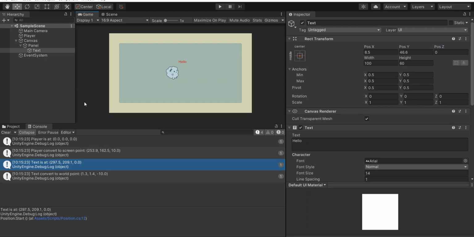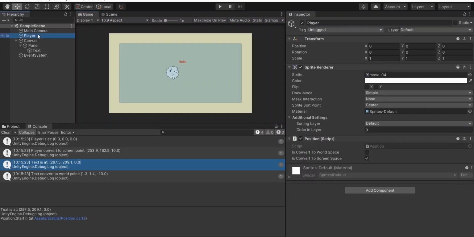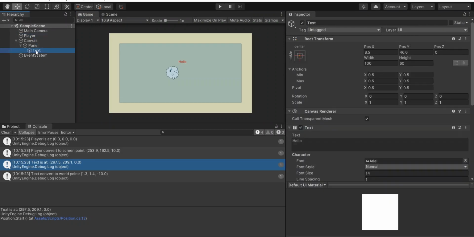Let's see again the hierarchy in the game scene. Player is an object on the root of the scene. It doesn't belong to any parent entity, but it's an object with a child, panel, and canvas.